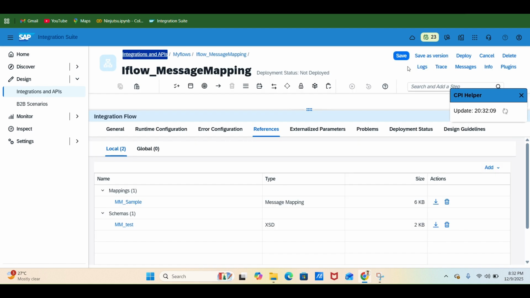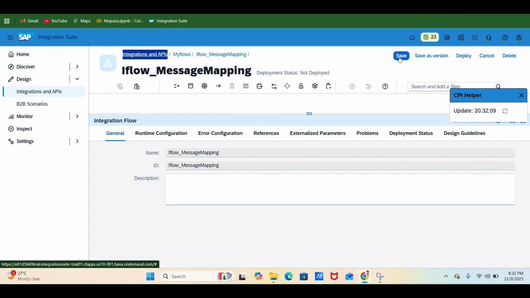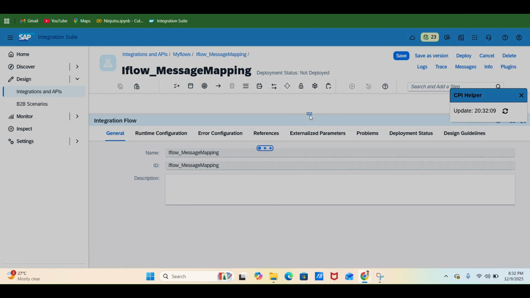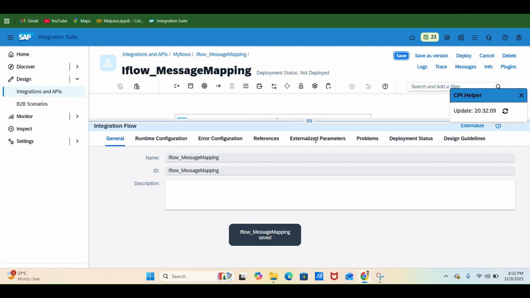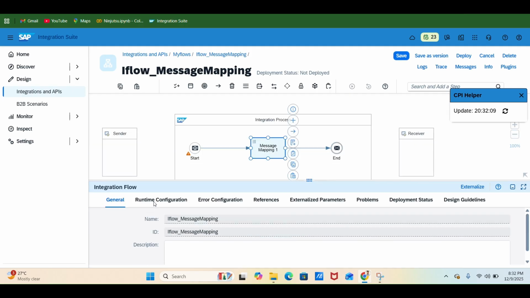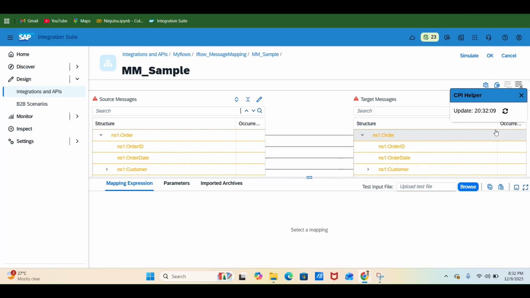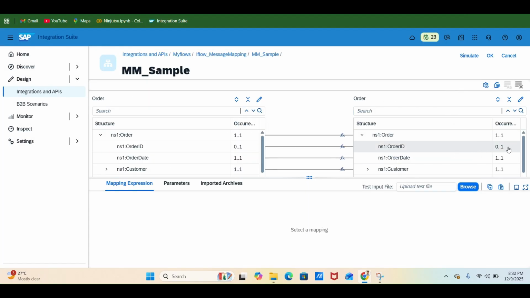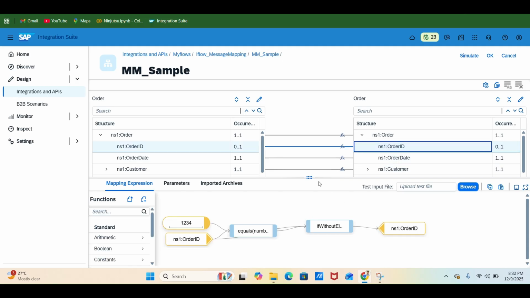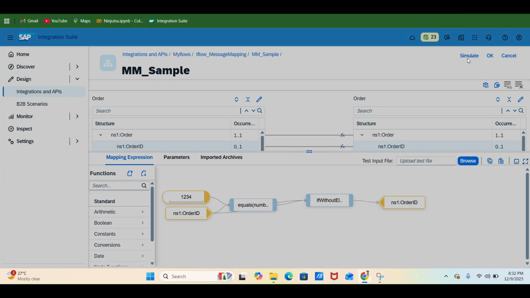Okay. Save. As you can see, we have updated this field here. So if we test this again,